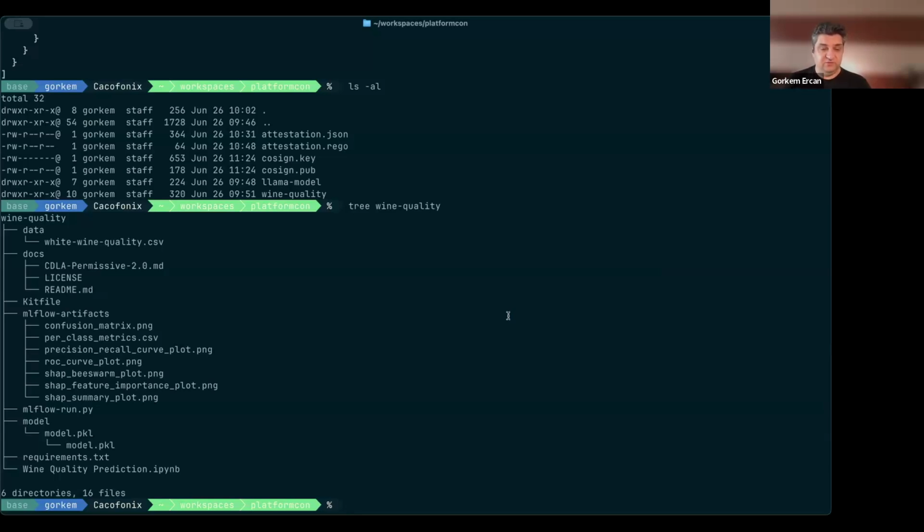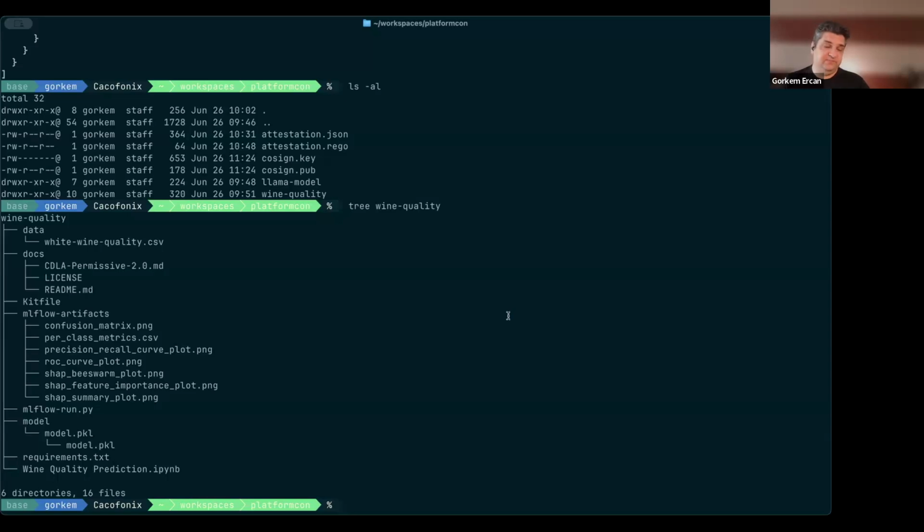One of the things that you will notice is that there's data in there. It's a CSV file. That's actually the CSV file that we used to train this model. And then there's a pickle file, which is the trained weights. On top of that, we used MLflow and MLflow runs, so we saved some of the run artifacts into the model kit itself.